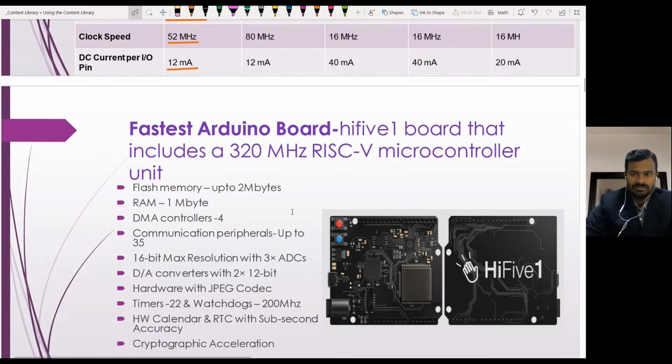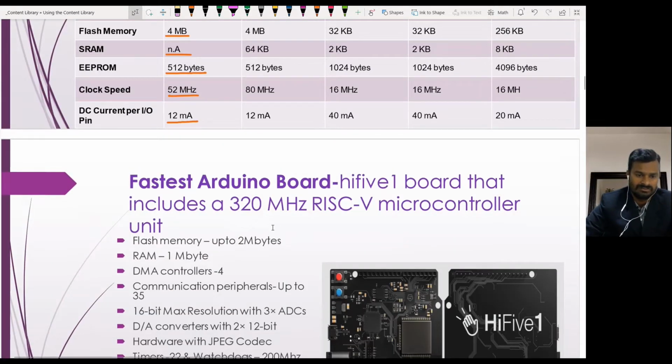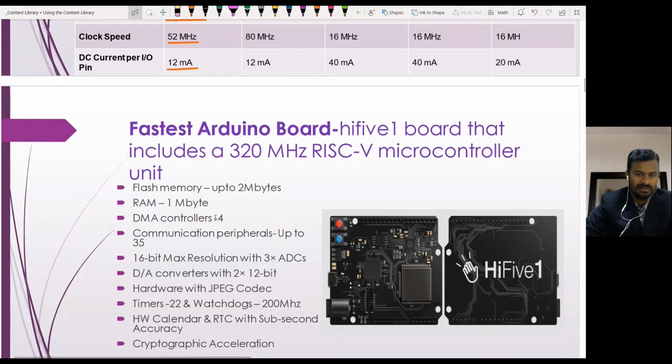Now there are some Arduino boards that come with high-speed operation, where we can have 320 megahertz. Compared to the other boards, this is the fastest board, and the features available are also more.